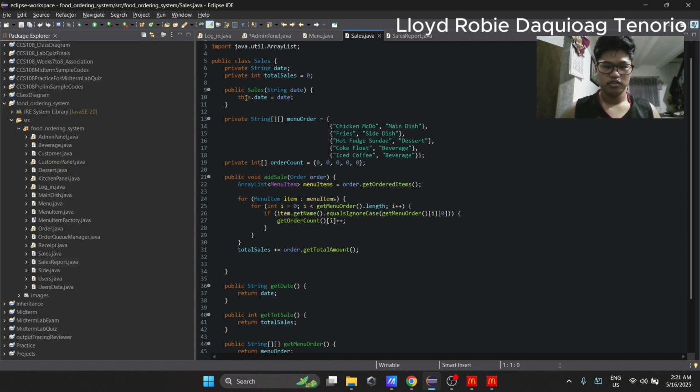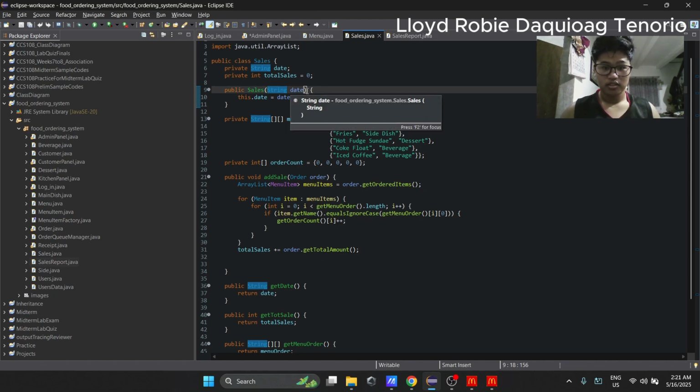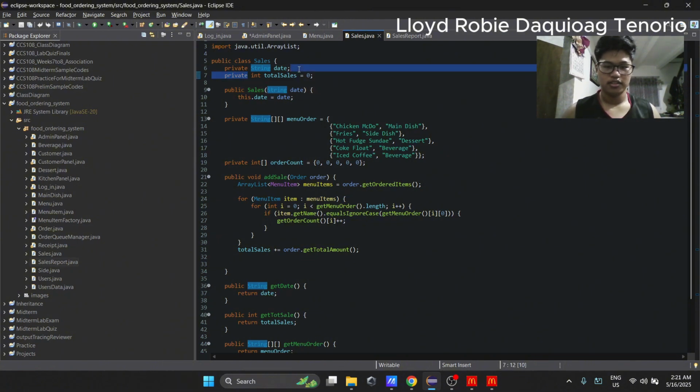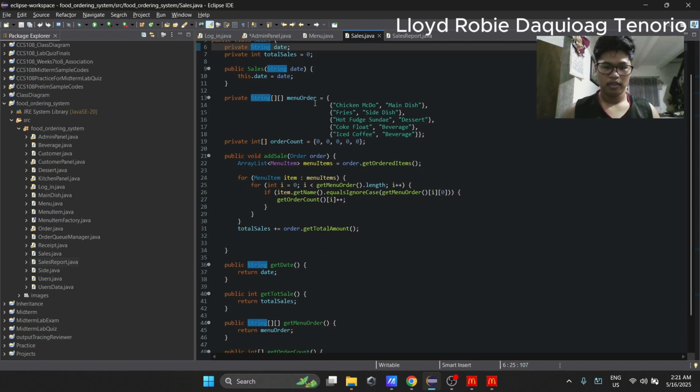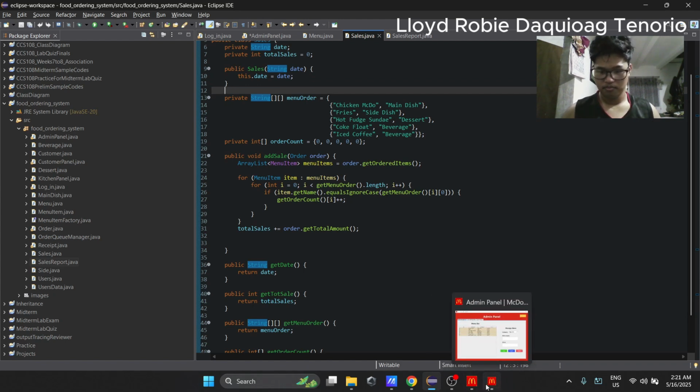We have the public Sales constructor, which has a String date parameter. Then it will set that date to the private String date. Next, we have the items of the menu.